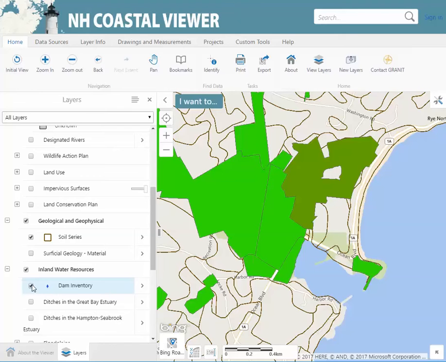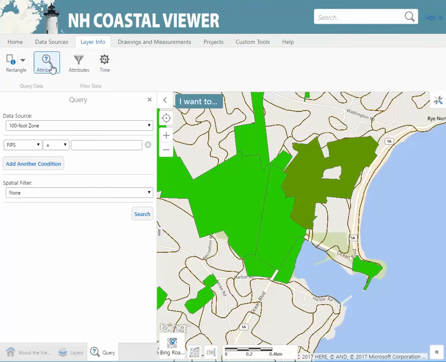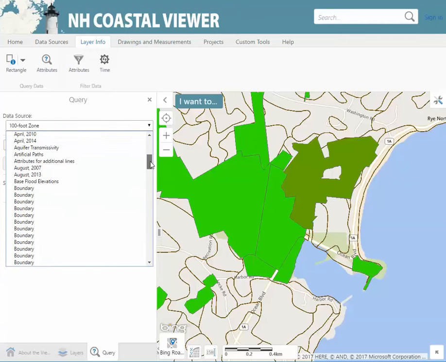The next step is to query the data. To do this, click the Layer Info tab to access the query tools. Select Attributes, and the query dialog box will open. I'm going to select City-Town as my data source layer,